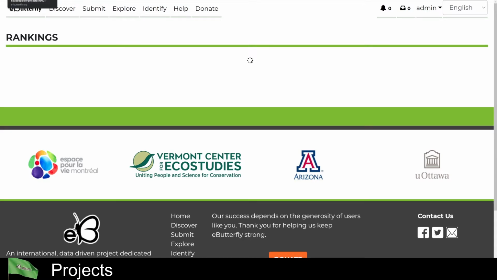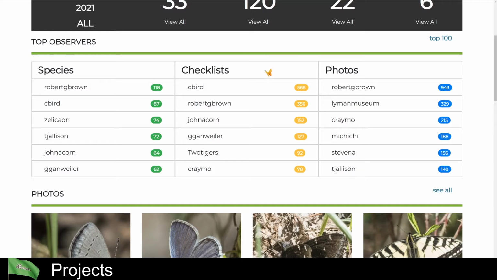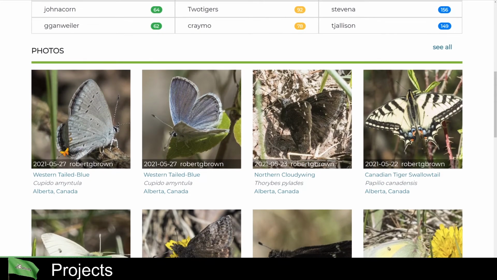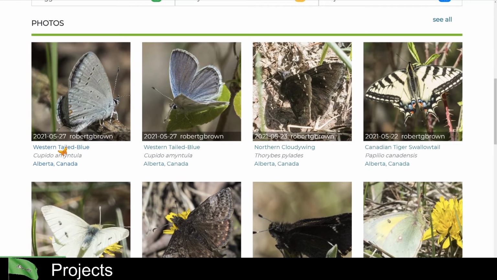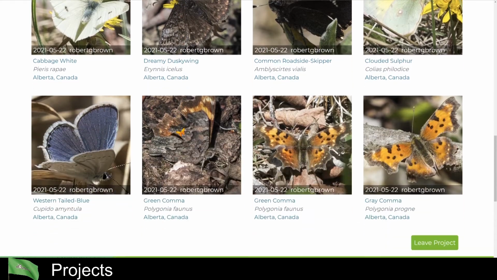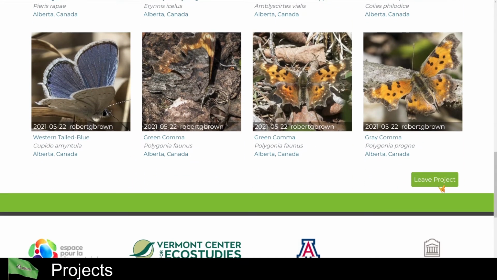Okay, now the next thing that we have are photos, or just the latest photos from Alberta. So we have Western Tail Blue. Western Tail Blue is what is happening lately. And you have this option here, Leaf Project. So Leaf Project, if you are subscribed to the project, if you click here, you can just